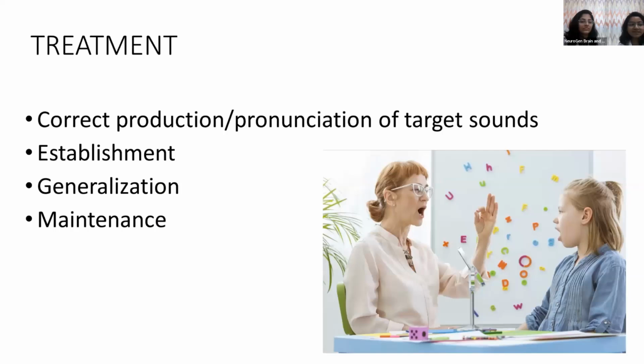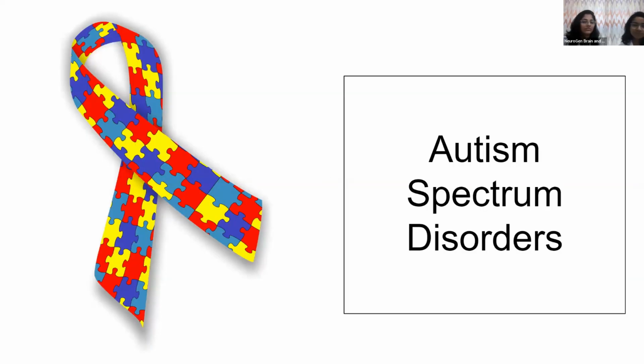But here we mainly attend to children with autism spectrum disorder as well as other developmental disorders like cerebral palsy. So let's discuss more into both of these disorders. So the first one would be autism spectrum disorder. As you all know, autism or autism spectrum disorder is a very vast term, but today we are just